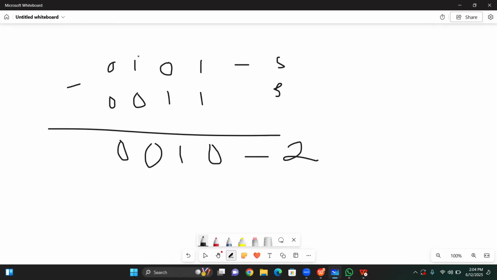And this borrowed one, the equivalent of it is 2 because we are working in base 2. So 2 plus 0 will give us 2. Then 2 minus 1 will give us 1. Then this one is now 0. 0 minus 0 will be 0. 0 minus 0 will be 0. So that's how we got here, all right? Okay, so